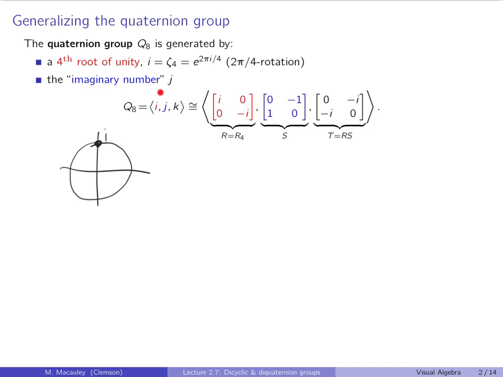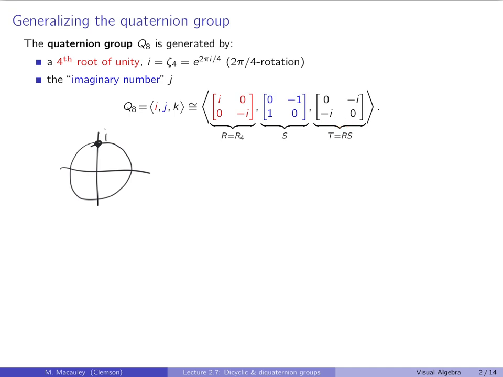And then j is just an abstract imaginary number, and we know that i times j equals k. So the quaternion group is generated by this i and j. We often throw in k, but we don't need to. And the matrix representations of these elements are: i is given by R4, which is the complex rotation matrix Rn for n equals 4. Here's the fourth root of unity zeta and zeta bar. j is represented by this matrix here of order 4, and then R times S, or i times j, is